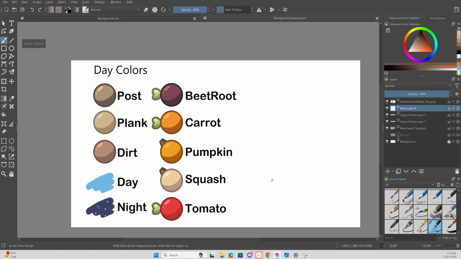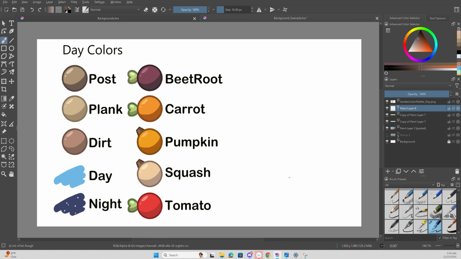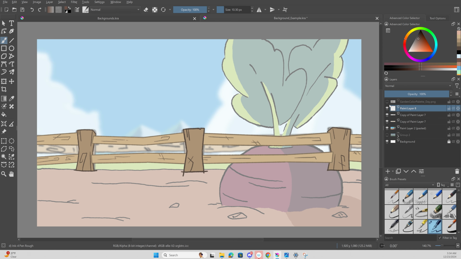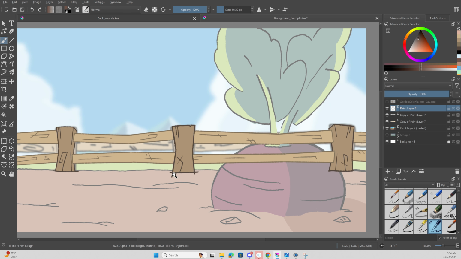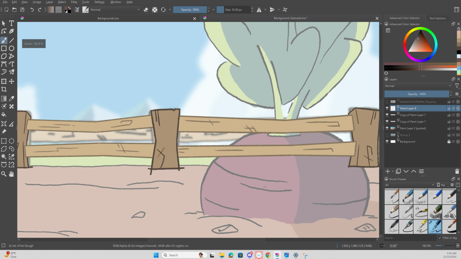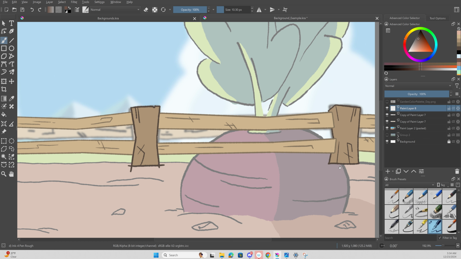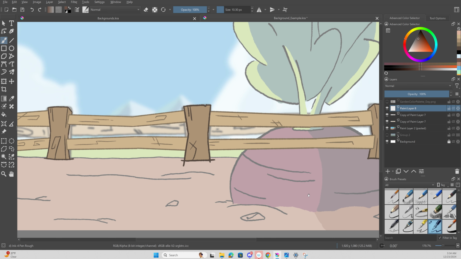Dirt doesn't really shine, so we won't really need it unless it can look good for a shot, which, I mean, we won't really need it either way. You'll notice for the fence, I have these little additional lines there. We don't want to see those, obviously, but I just did those because we're not going to see them, because